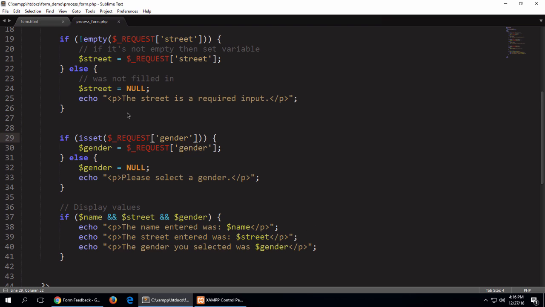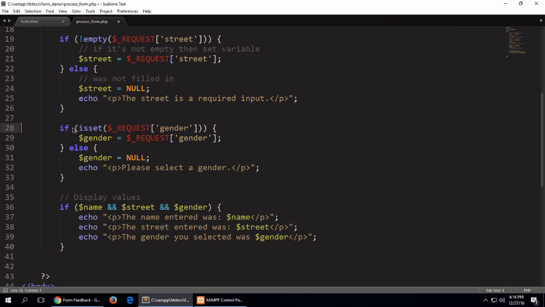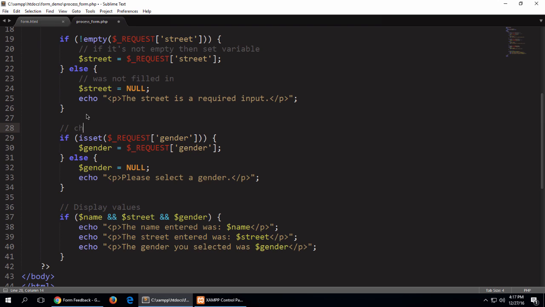I'll leave this here. Let me just clean up the code a little bit so you can see it. We just added in this video the check for the gender radio button. We use the isset function. If it was set, we grab the value that the user selected. If not, we just set it to null, which is a special value in PHP. And then we echo out, in the case where they didn't select something,